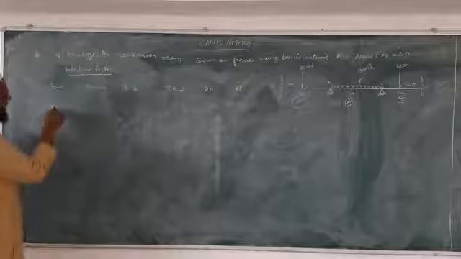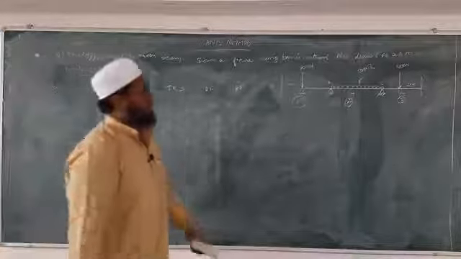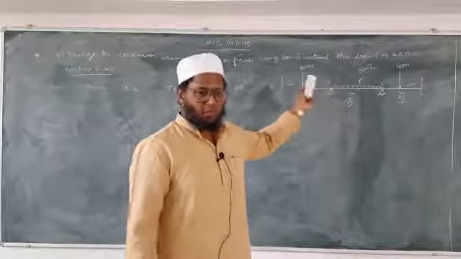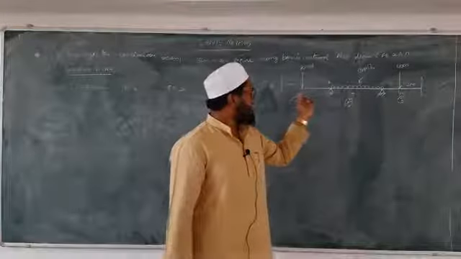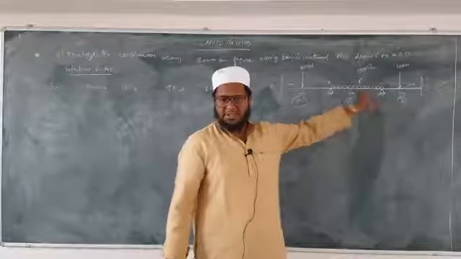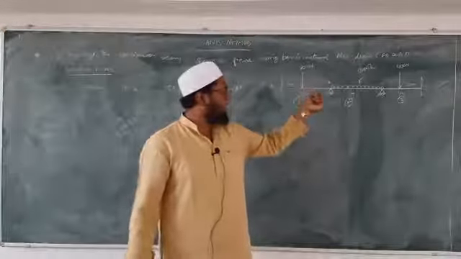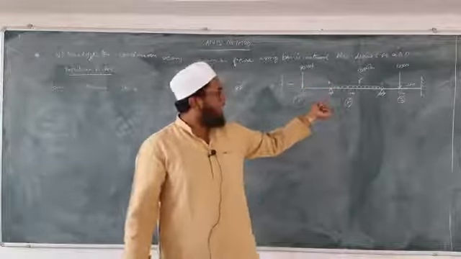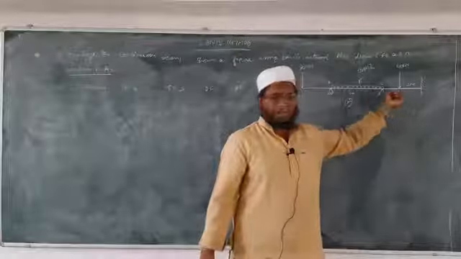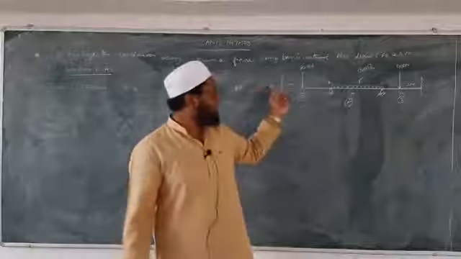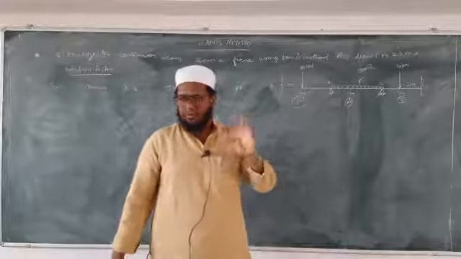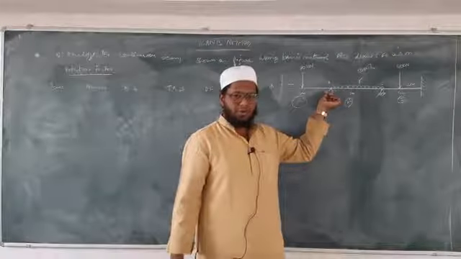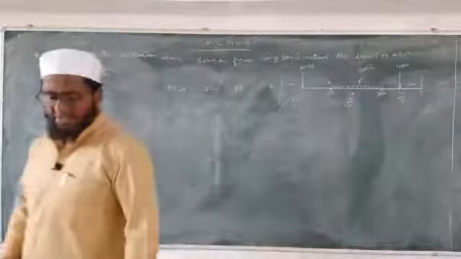So what is a joint? How many joints do we have? See here, a joint is that point where two or more members get connected. Here AB is one member, BC is another member, CD is another member. At point B, two members are connecting, so B is one joint and C is another joint. What about D and A? At these points only one member is connected, not two, so they are not joints, just points. So at B and C we have two joints.